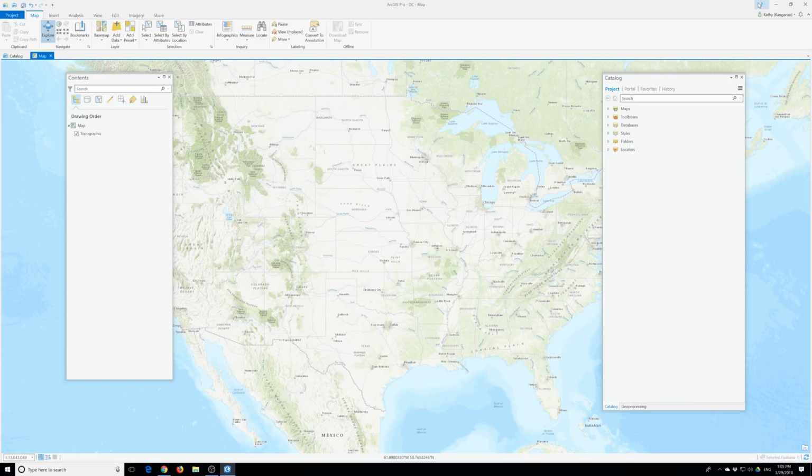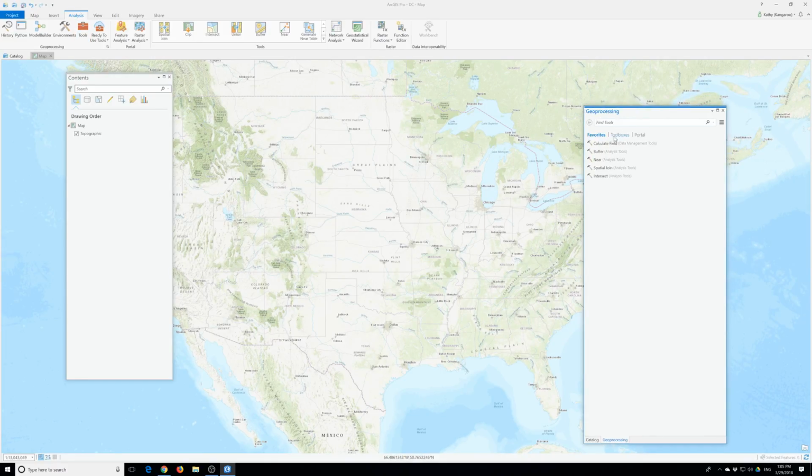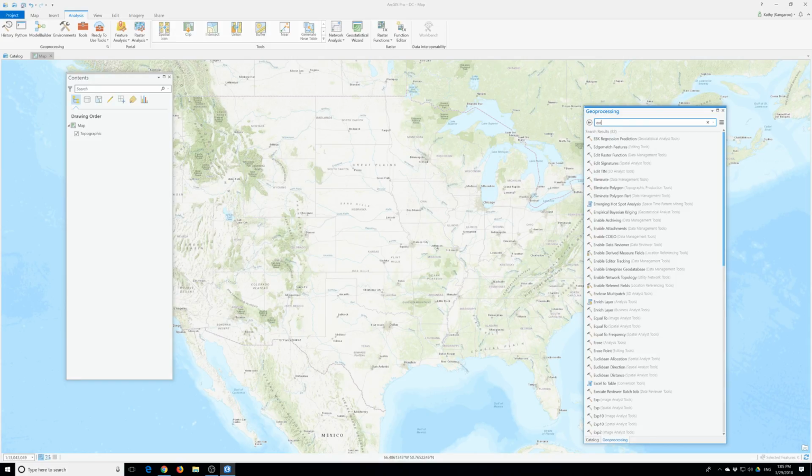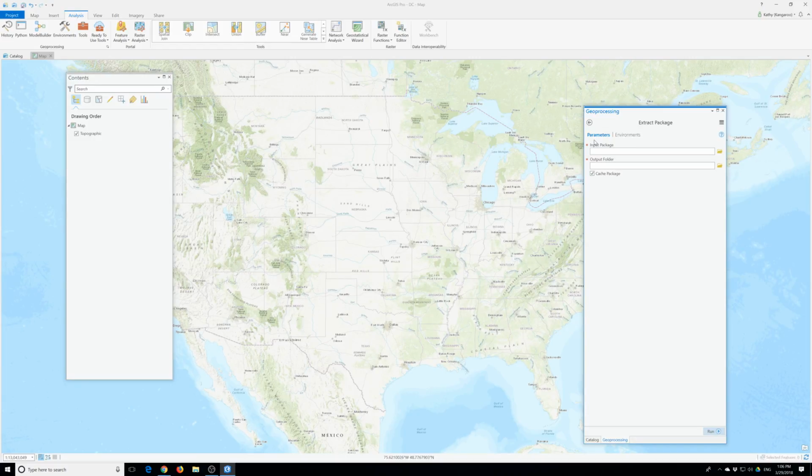So now we're going to organize and download the data, which I already did. Then I'm going to extract the map package. If it doesn't work, now I know how to deal with it. So, Analysis, go to Tools. So once we go to Tools, okay, right here. So go to Tools and we will say Extract Package. So extract package, and once it opens up, now we add data to the map and use the data